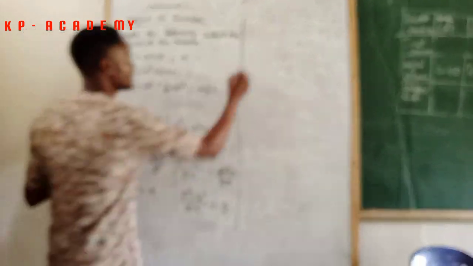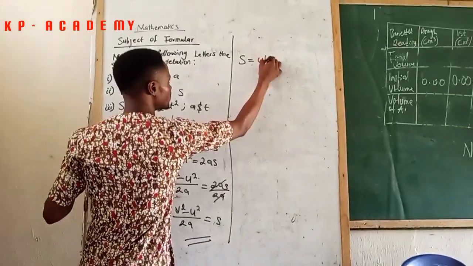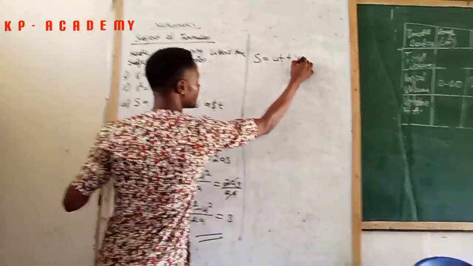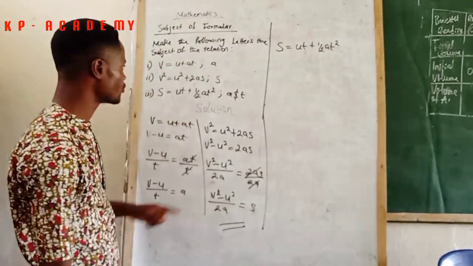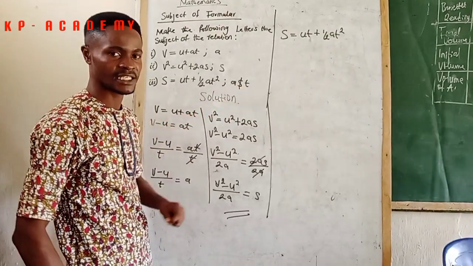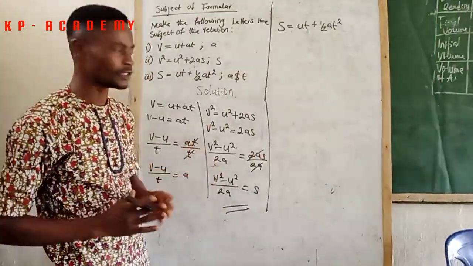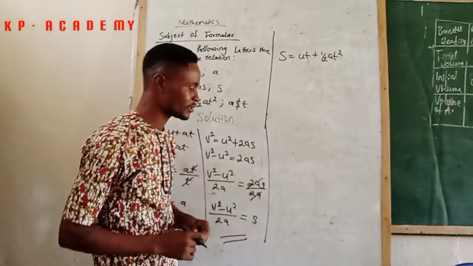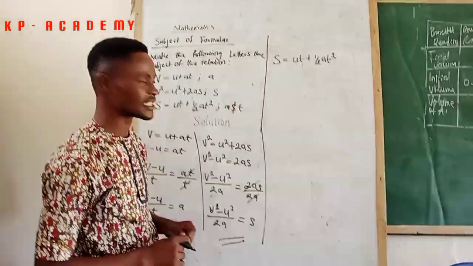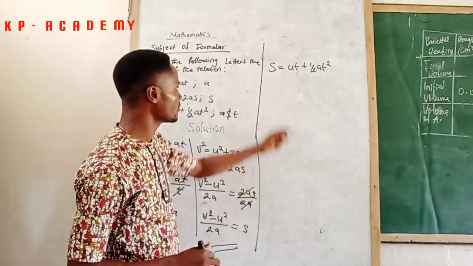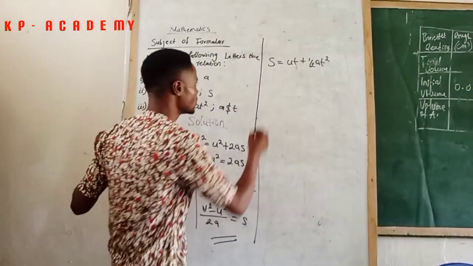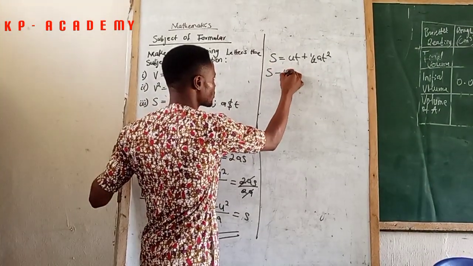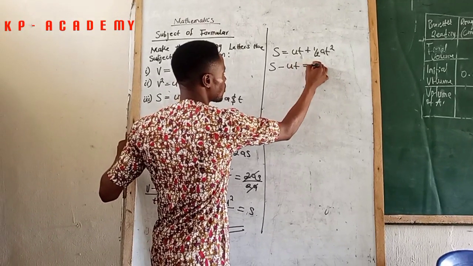Then finally, let's quickly do the last one. The last one says that s is equal to ut plus half at squared. We are told in this last one to make a and t the subject of the formula, so we're going to do that individually. Let us start by making a the subject of the formula first. First of all, we're going to carry this ut to the other side of the equation, and when we do that, we have that s minus ut is equal to half